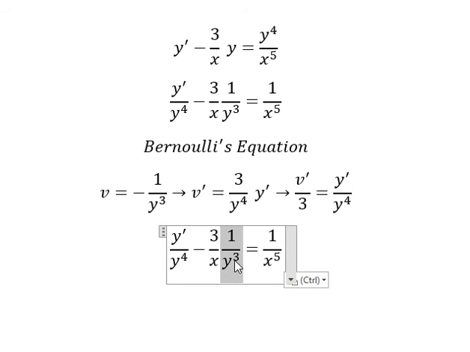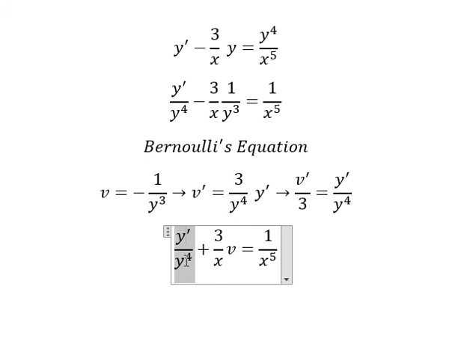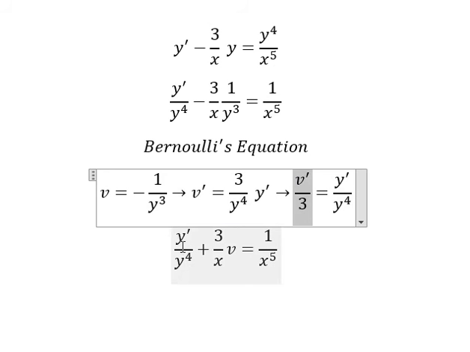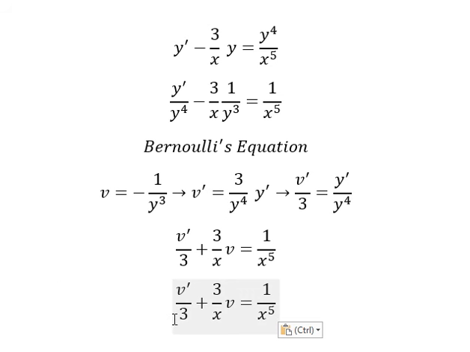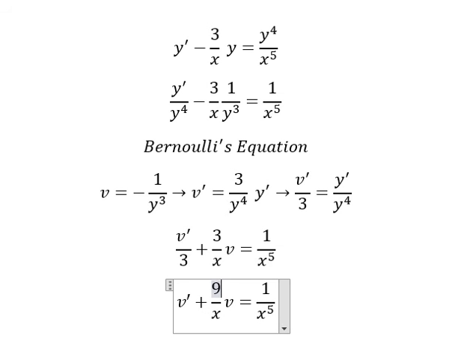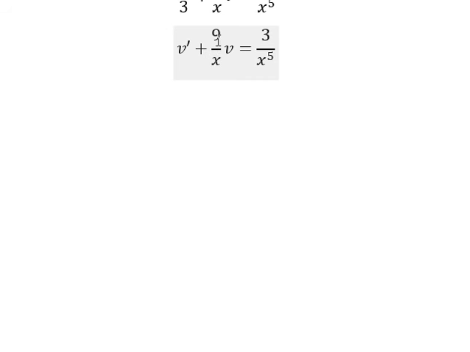So this one with this one we change by v. This one we change by this one. Next, we multiply both sides by number 3. So we see that 9 over s next to v, and we have first the derivative of v and v